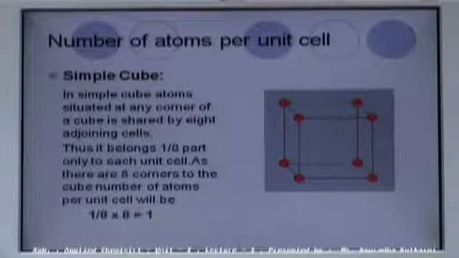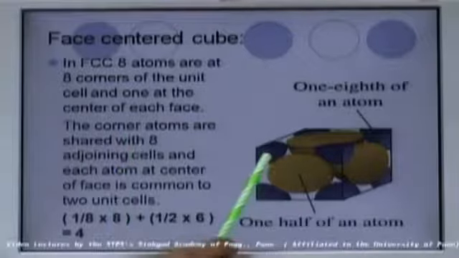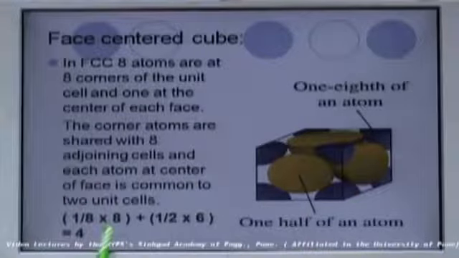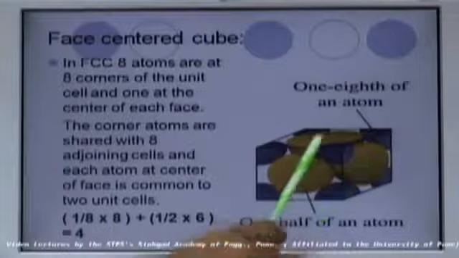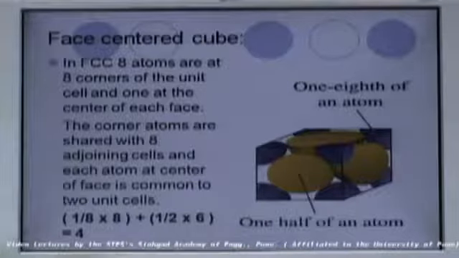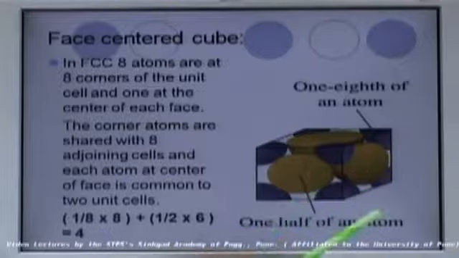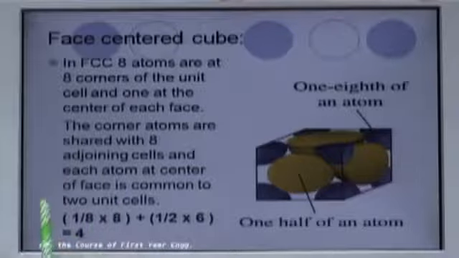That is 1. Then for next, face centered cube, here 8 lattice points are there and number of atoms, that will be 1 as in case of simple cube. In addition to that, 6 lattice points or atoms are situated at center of each face, and each atom is shared by 2 adjoining cells, and such 6 atoms are there. Therefore we can calculate it as 1/2 into 6, that is 3, and this is 3 plus 1, 4. So number of atoms per unit cell for FCC is 4.